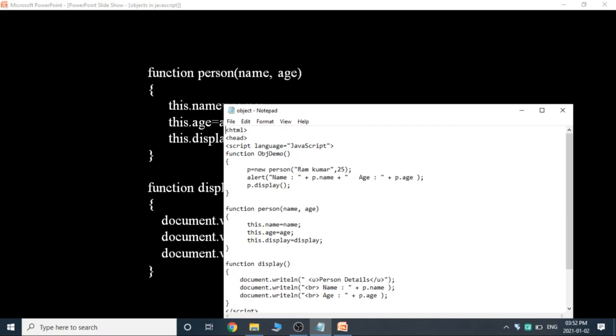Two: one is name and the other one is age. p.display, and the next function is function Person, name, age. this.name equals name, this.age equals age, this.display equals display. What does this indicate? It indicates the current object. It displays the name of the person and the age of the person.